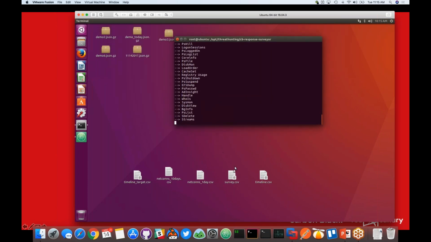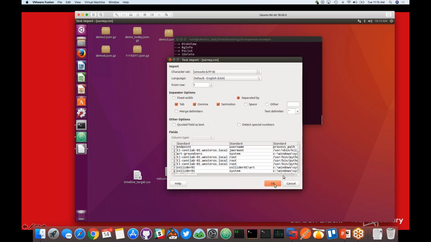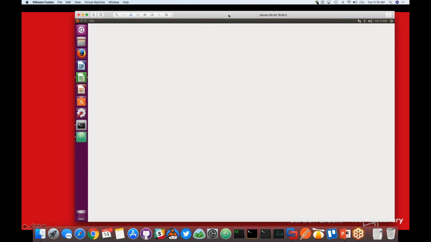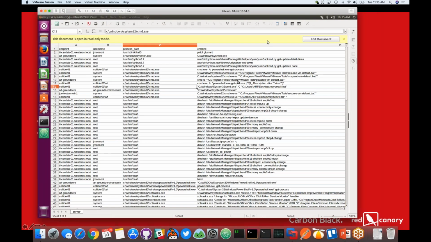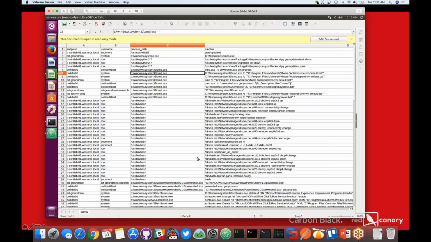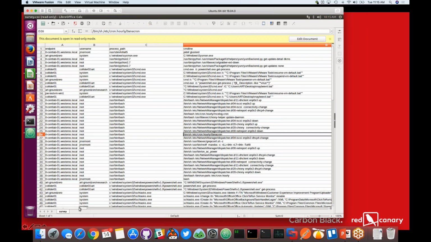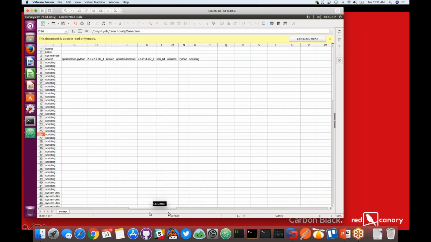What it ends up dumping here, I'm just going to open one up, is a CSV file, survey CSV. Being on an Ubuntu box, I don't have the ability to generate really nice, pretty pivot tables, but you can get the idea of how you can manipulate this in Excel. In this case, you've got your endpoint name, your username, and the process path that's executing. We also have that command line data, which is the rich area you want to really focus on here. And on the far right, a couple other items.